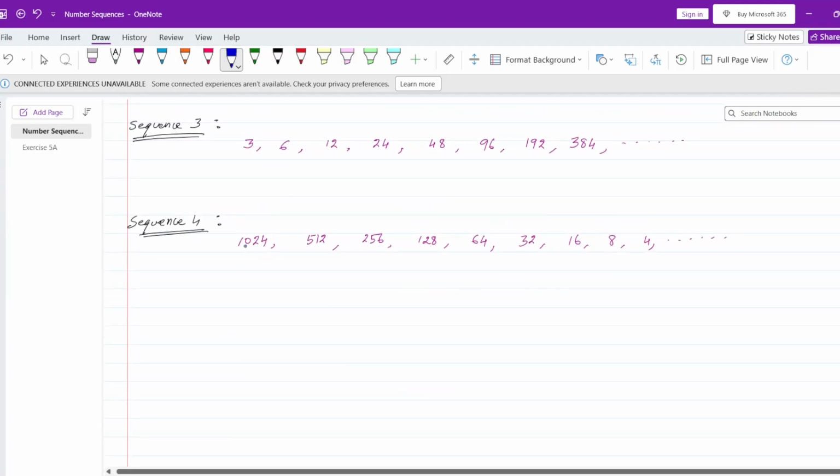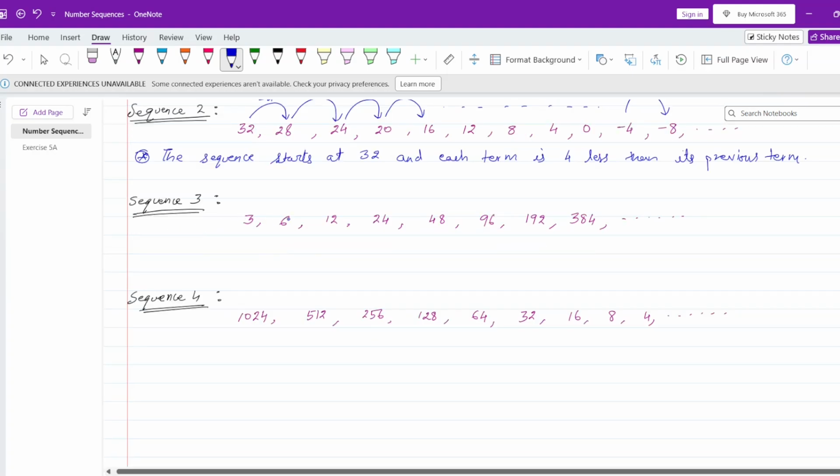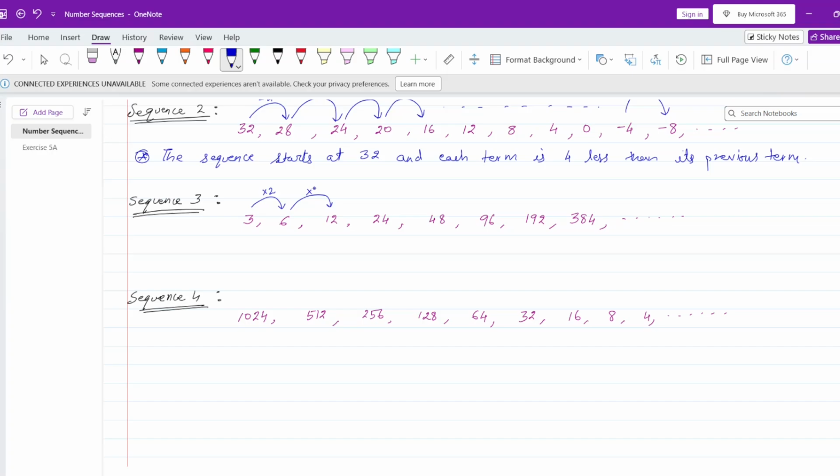Let's take another example, sequence 3. Here we have 3, 6, 12, 24, 48, 96, 192, 384 and so on. What pattern can we recognize here? We can see that if we multiply this term with 2, we get 6. If we multiply this term with 2, we get 12. If we multiply 12 with 2, we get 24. If we multiply 24 with 2, we get 48 and so on. So we can say